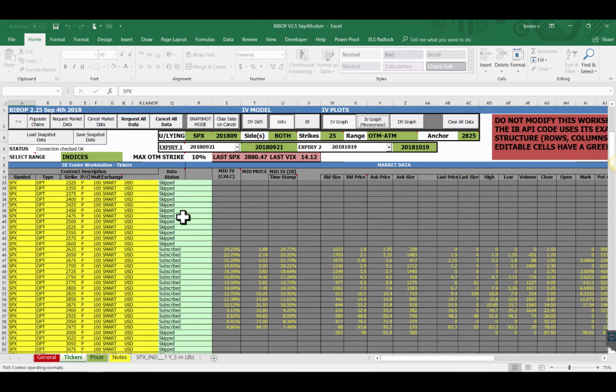That's it for this short presentation. I just wanted to make it simple and focused on the IV graph, both with the underlying as the x-axis